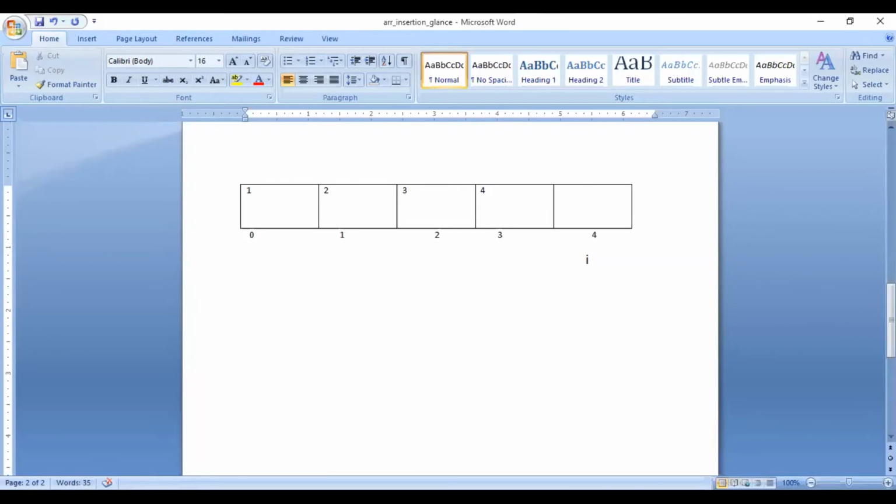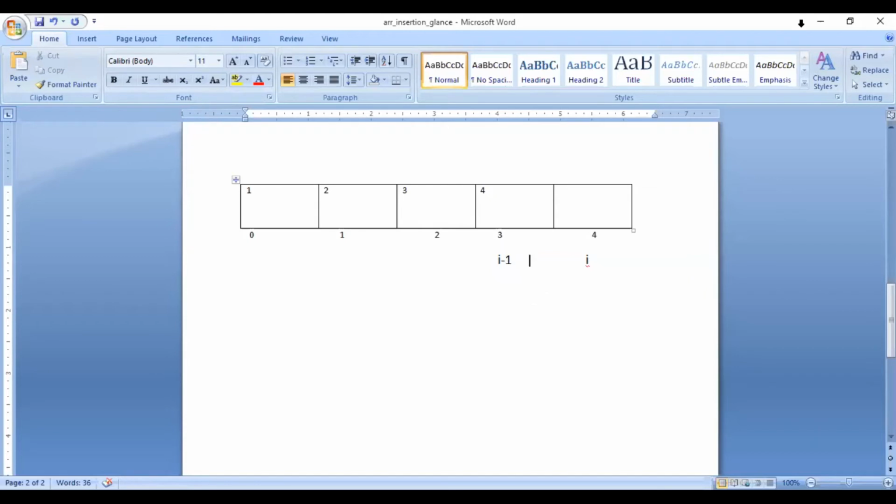Okay, now I is pointing to the upper bound. Now what will we do? This position is empty. The array location is there, but the value is not there. So we will shift a value to this location. This last location is known as I. So the location before I, meaning this location a of 3, will be known as a of I minus 1, or we can say I minus 1.